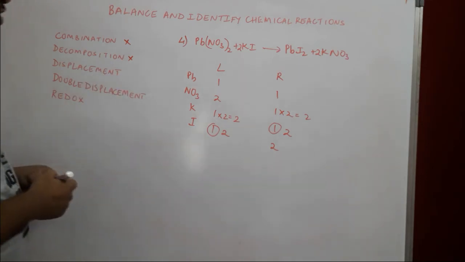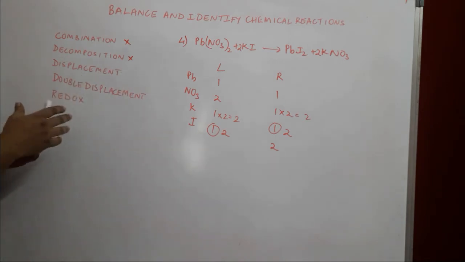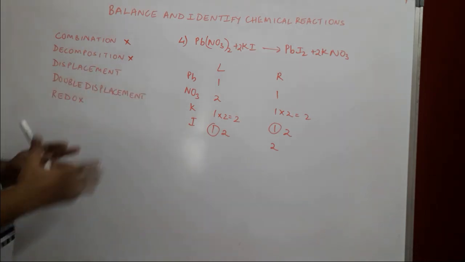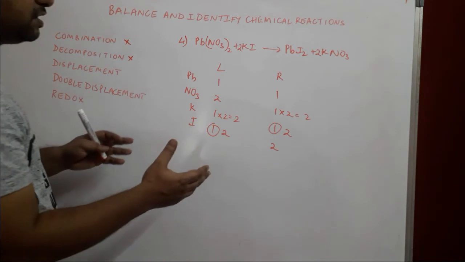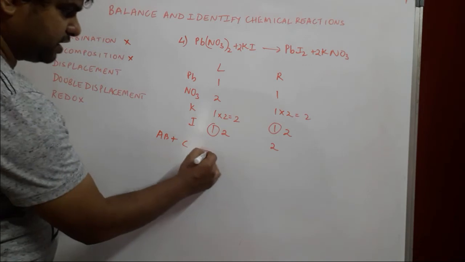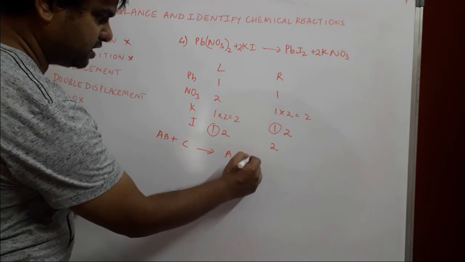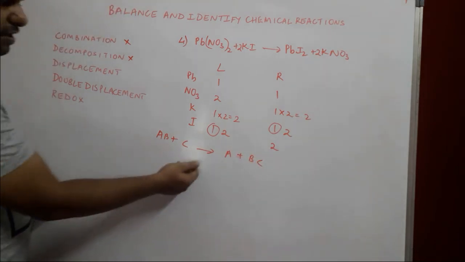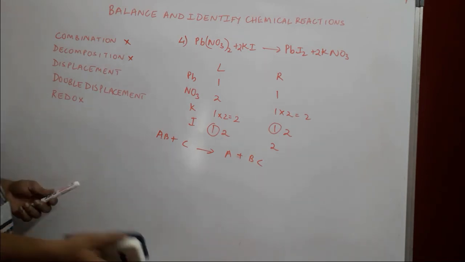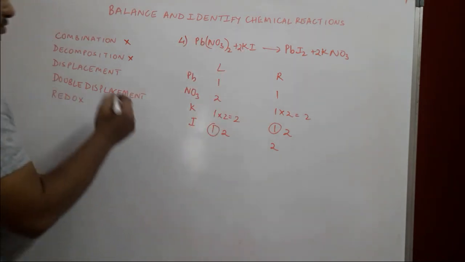Displacement, it is not a displacement reaction, because in a displacement reaction the partner of one reactant is displaced. There are 2 metals involved, and one metal displaces the other. It will be something like AB plus C reacting to give you A, in which A remains and then B combines with C. So one partner is taken away by the other, the more active metal in the reactivity series. But we don't see that happening over here. Okay, so we rule that out.